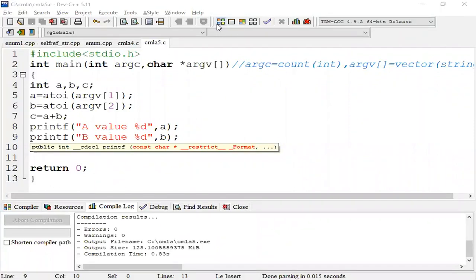So in that way, we are passing command line arguments. Now the arguments are the program name and two integers. Actually, 1 and 2 initially are string type. 1 is a string, 2 is a string, that is converted into an integer by using the atoi function.